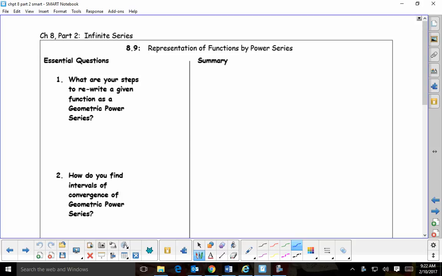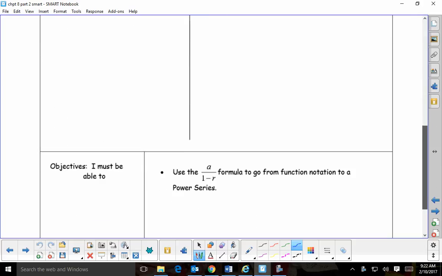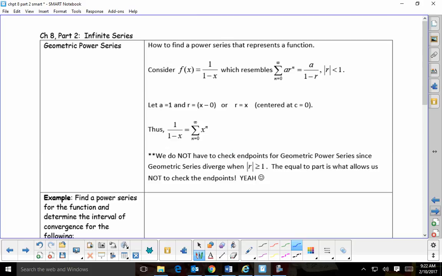Okay. So again, we're going to do the geometric. And do you remember this formula? A over 1 minus R? So when I'm given that A R to the n when I started at 0, I know that this is the summation for it. Okay? So that's your power series, that's the summation. So we're still going to apply that. Okay, so first off,